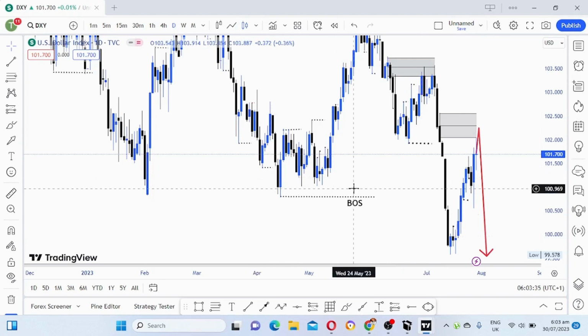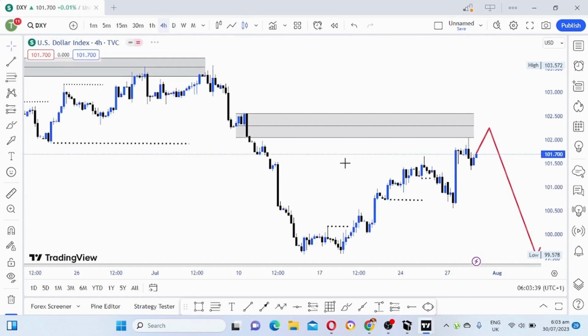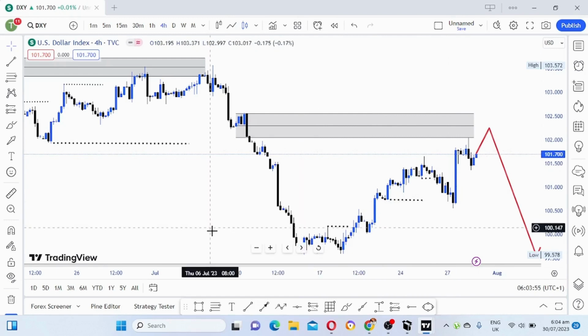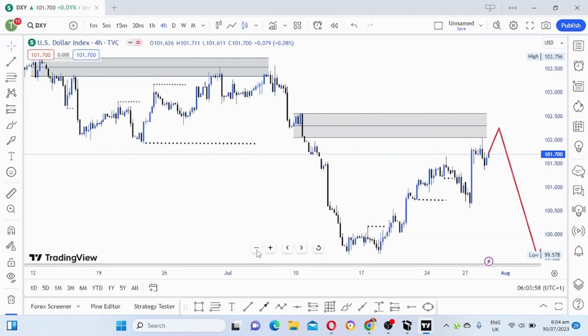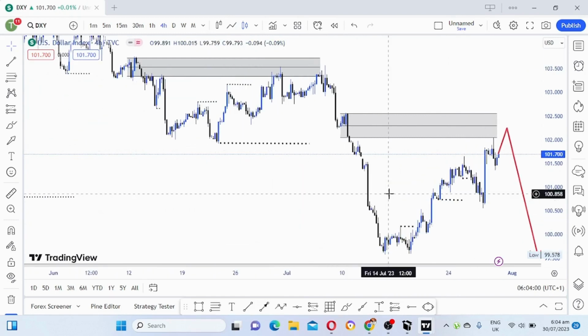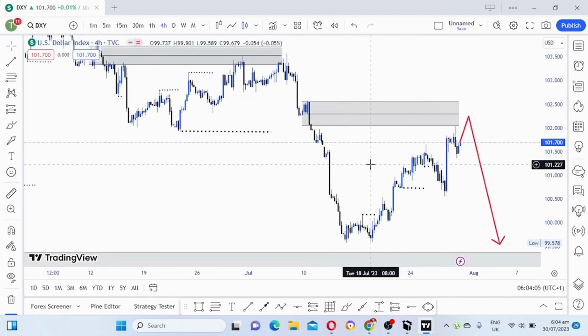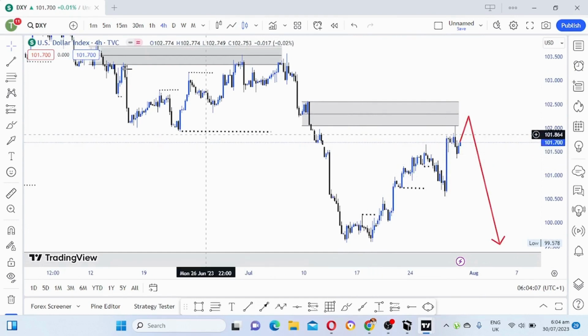As you can see on DXY, guys, on the daily we are in a downtrend. On H4, we are making higher highs. This is our last higher high. Price can either go up and grab liquidity at this last high and we sell, or it can just go down and then we sell. So that's my view on DXY, guys. The market is already clear, as you can see here. So we are expecting the DXY to drop further down.